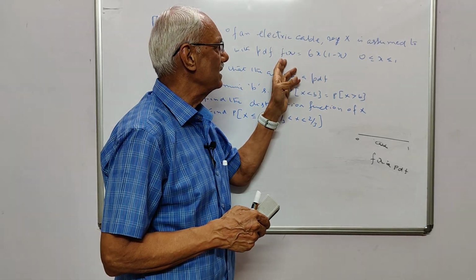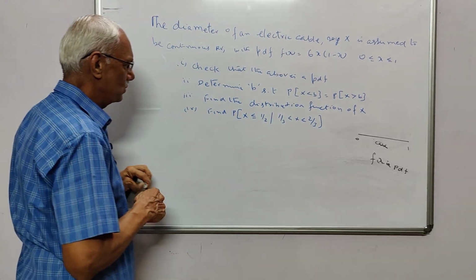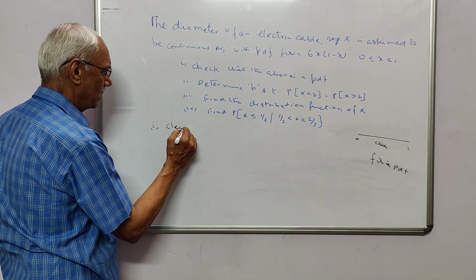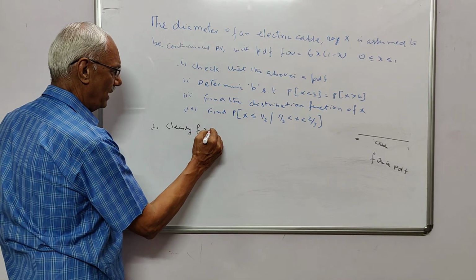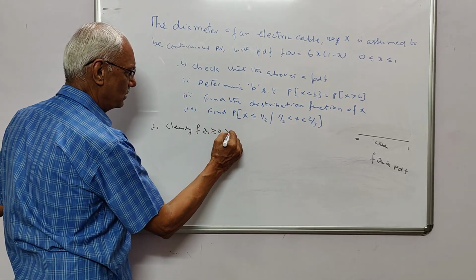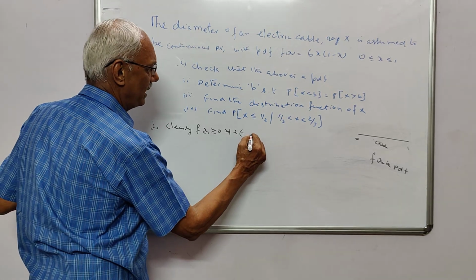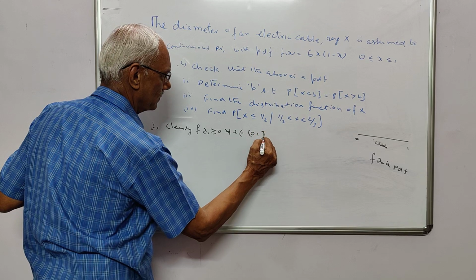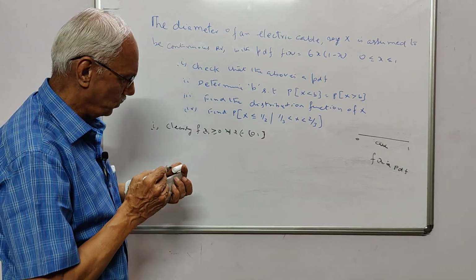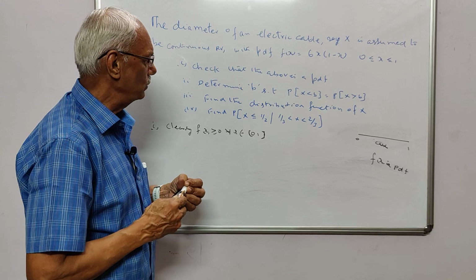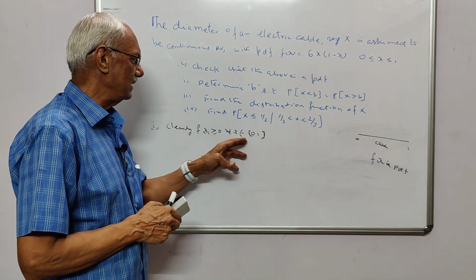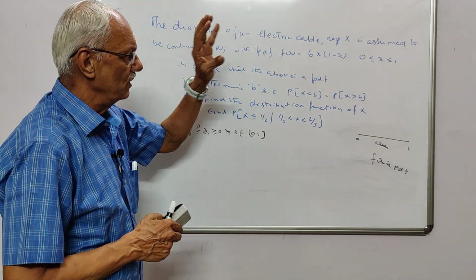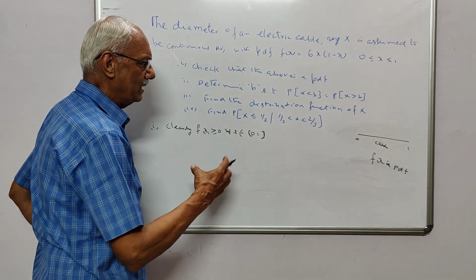So you see that this f of x, the first point that you must know, I will do the first one. See, clearly f of x is greater than or equal to 0 for all x lying between 0 and 1. So for all values of x from 0 to 1, this f of x is greater than or equal to 0. So that first point is over. And second, check